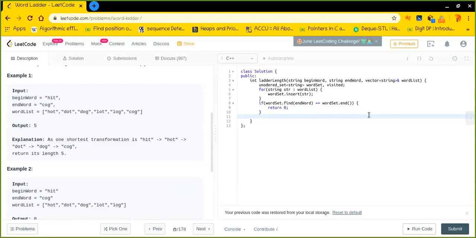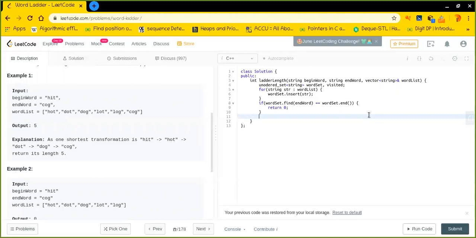Apart from that, we have considered all the possible base conditions for finding out whether it is not possible. Now let me tell you what data structure or algorithm we will be using right here.